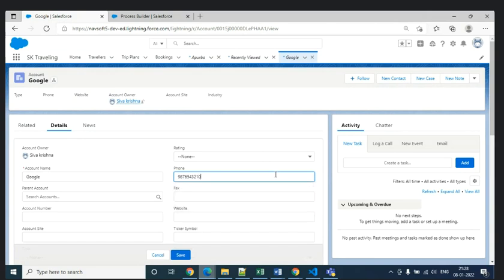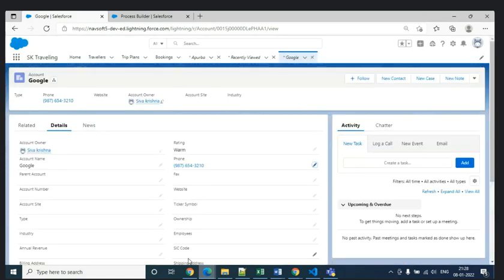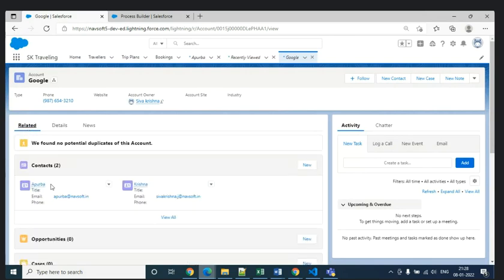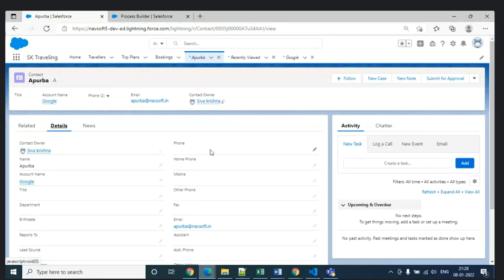If you are on the contact and perform any operation, as the record is being created or updated for this particular account, whatever the phone number is there, that phone number should come to this field. Let's try to update here.